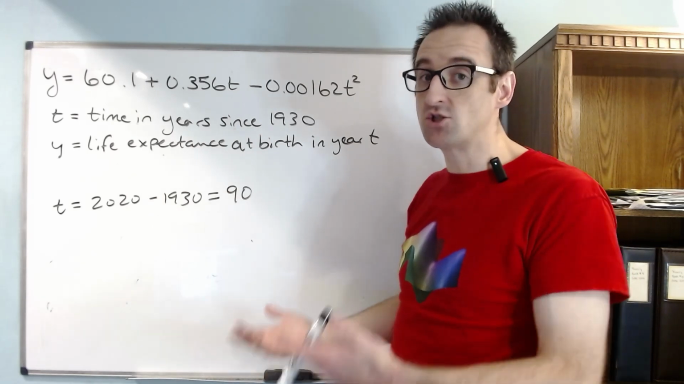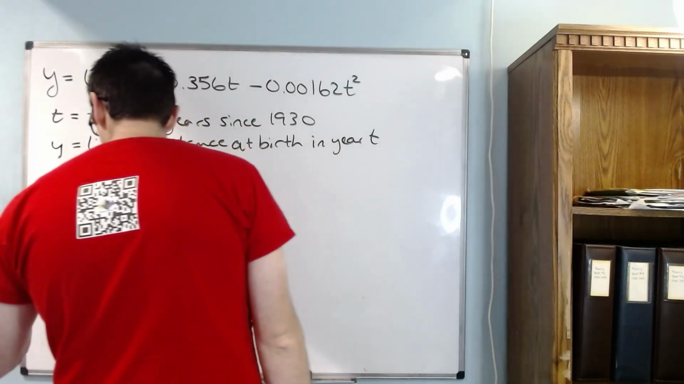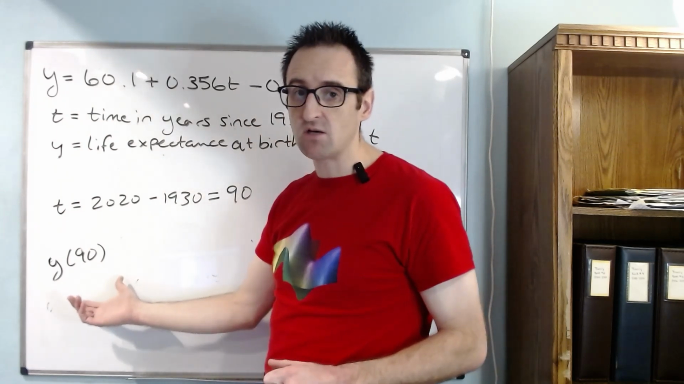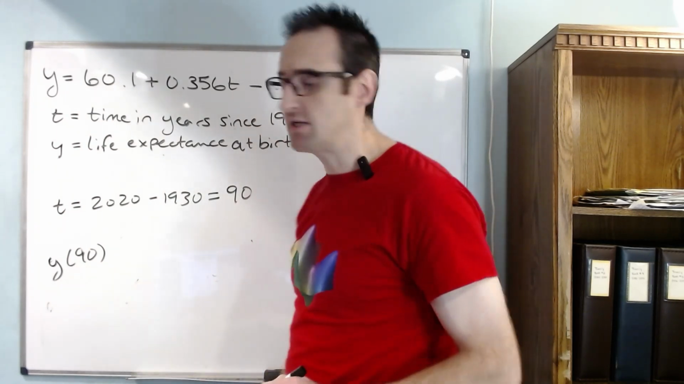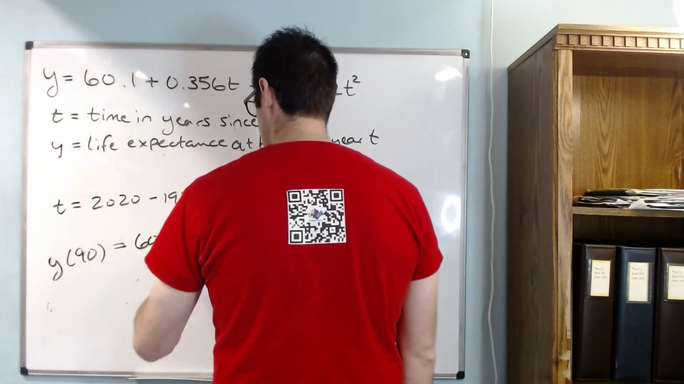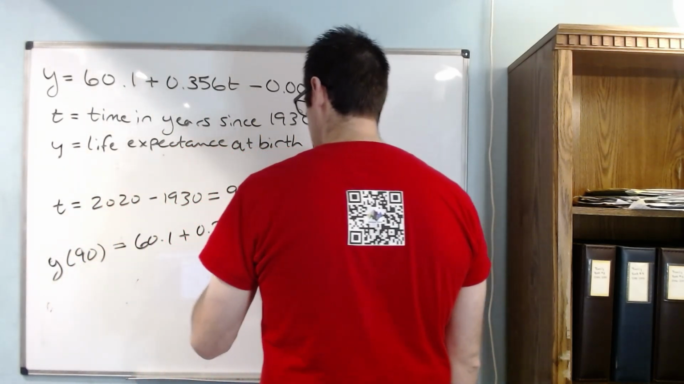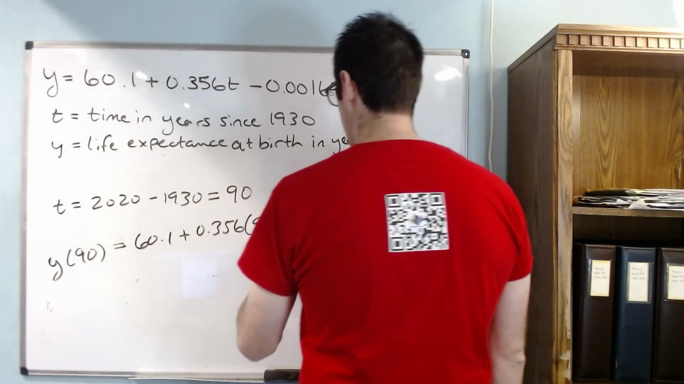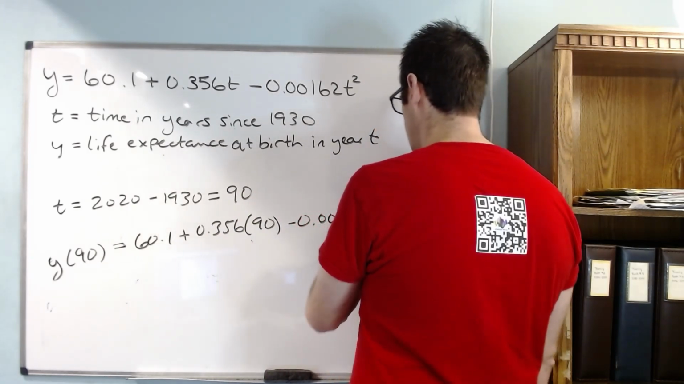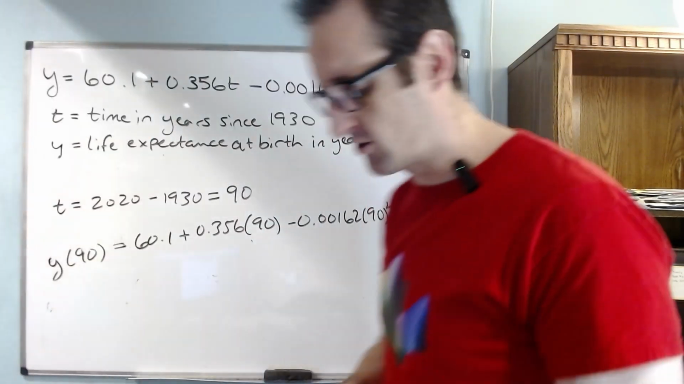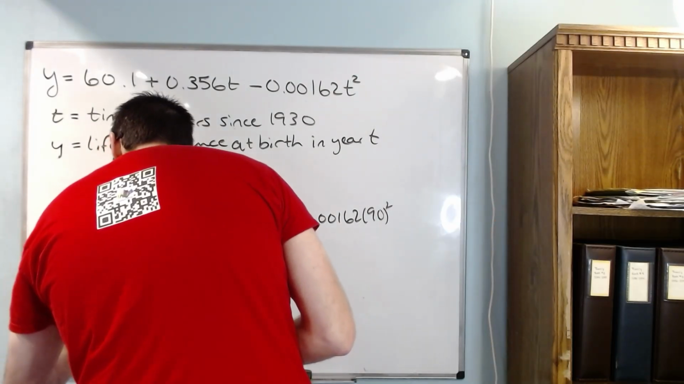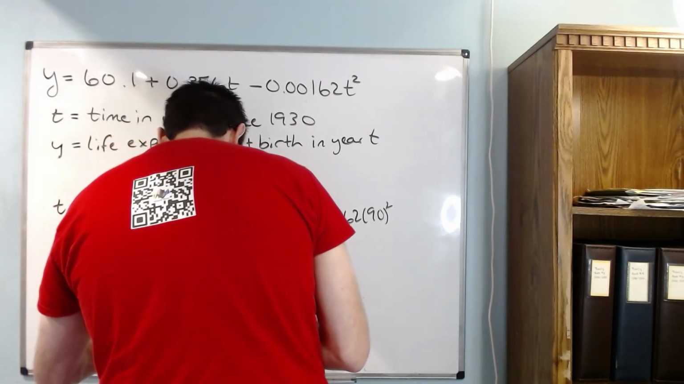So that value there, we're now going to plug into the model to figure out what the model says should have happened in 2020. So this will give us y of 90, or the life expectancy of someone born 90 years after 1930. And this will be equal to 60.1 plus 0.356 times 90 minus 0.00162 times 90 squared. And plugging that again into our trusty calculator, we get that this life expectancy should be about